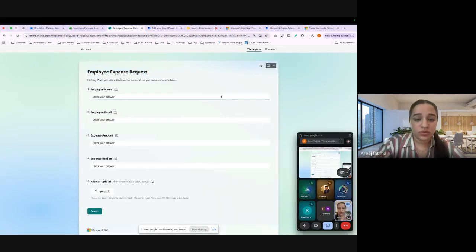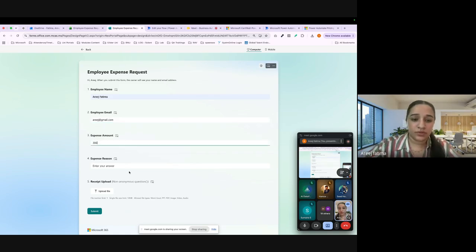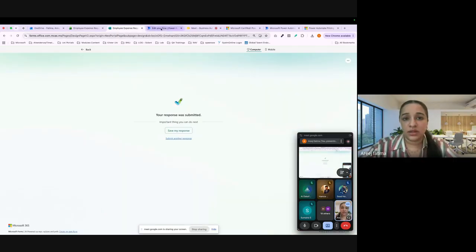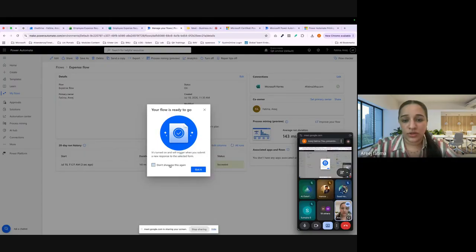So I'm just going to fill this form randomly. And then you can define any amount, the reason, and if we need to upload any file, just submit this. And if I go back to the flow history.